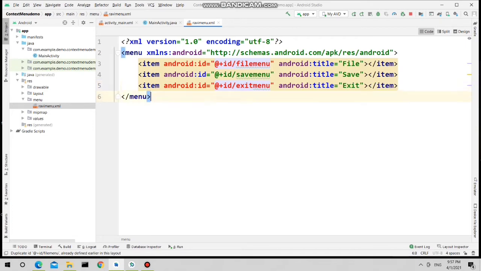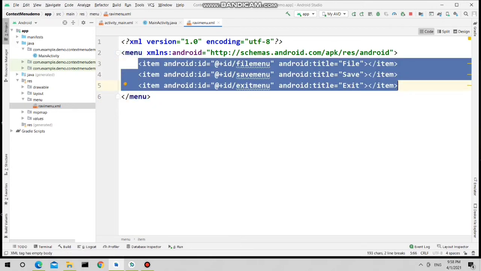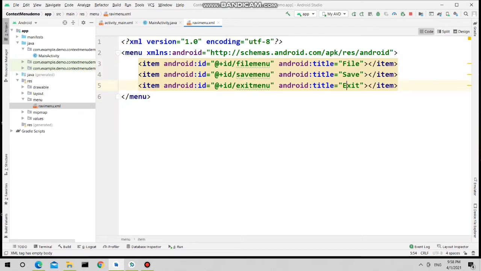See what I have done: I have created the menu resource directory, under that I have created the menu resource file, that is an XML file, and I have stored 3 menu items, file, save and exit, and I have given unique IDs to them. So this is the first step.